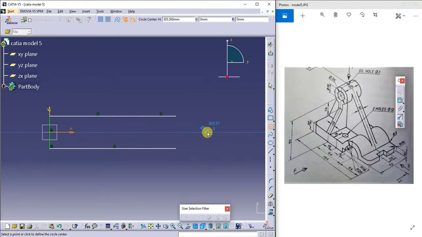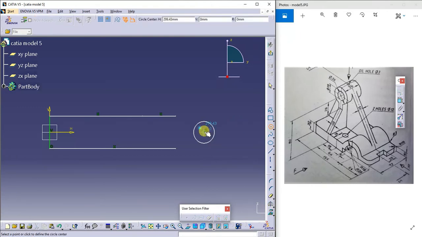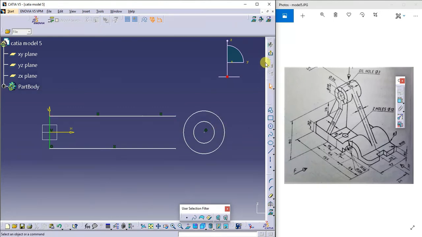I want the center on this dotted indication. Next, one more circle. The dimensions of these two circles are 18 mm radius and 28 mm radius.